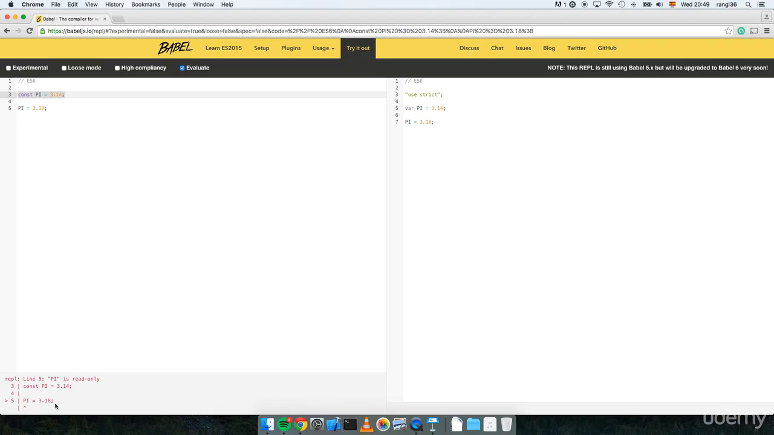So once the browsers implement this feature, we will be able to write constants, and then it won't be possible to change them. Okay, so I hope that you are as excited as me with these two new features for scoping,